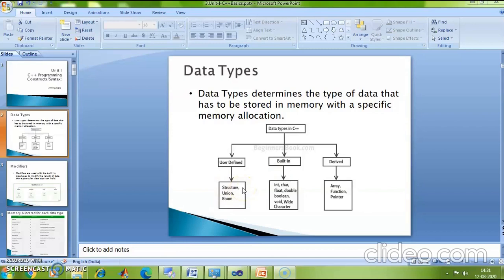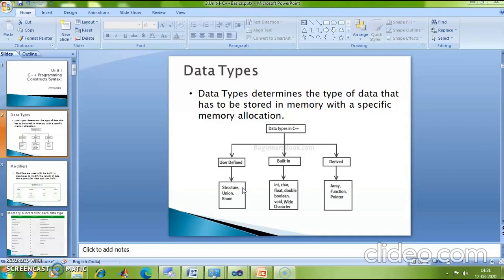Similarly, you have unions. How do you declare a union? It starts with the keyword union followed by the union name, right? It could be a student, it could be a teacher, okay? It is similar to your class which I had explained in the previous lectures, okay?